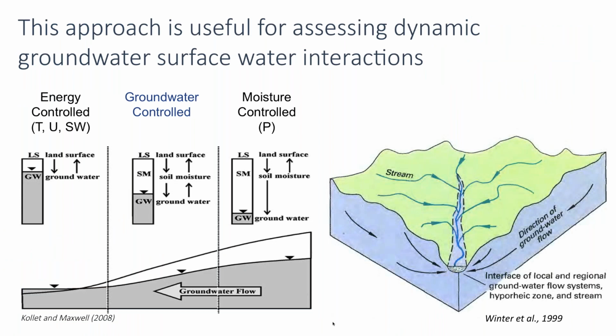So on the left, I'm just showing a figure from Collette and Maxwell illustrating how you can have connections between groundwater depth, soil moisture, and land energy fluxes. And this is a function of how deep your water table is. It will depend on your groundwater configuration. So something like Parflow CLM, where we've connected things from the groundwater through the top of the canopy, we can